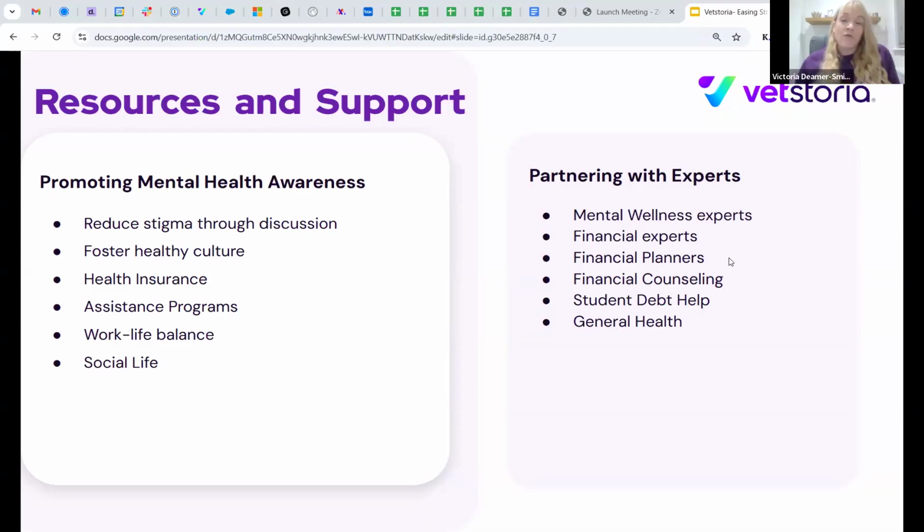So first of all, reducing stigma through open discussion. And this is something that I'm particularly quite passionate about in normalizing conversations. So encouraging open discussions about mental health, whether that's in meetings or informal settings. And I do feel that it's important for everybody to collaborate on this,